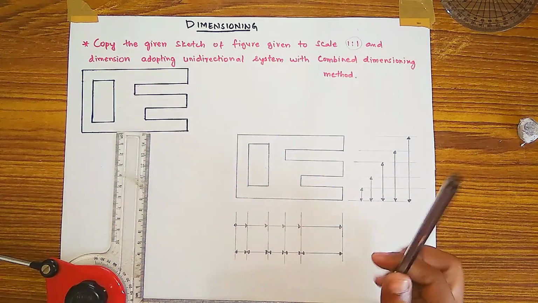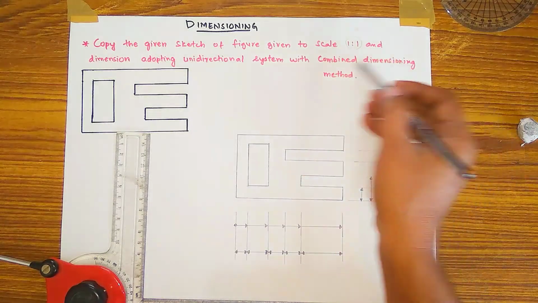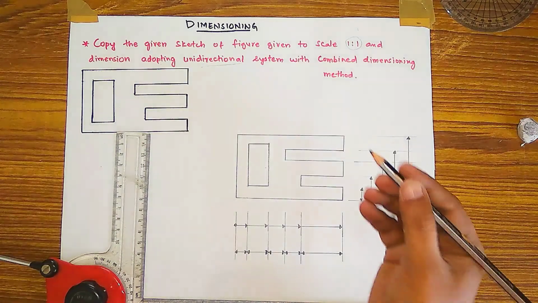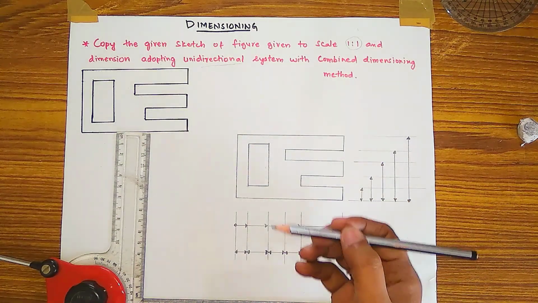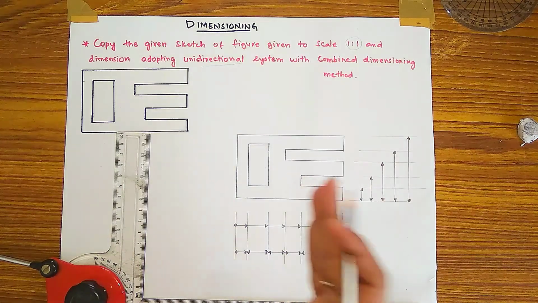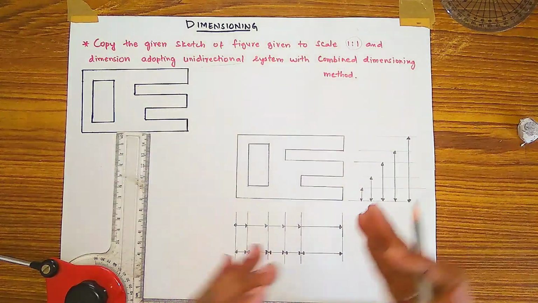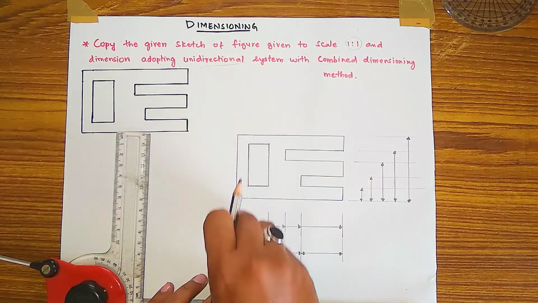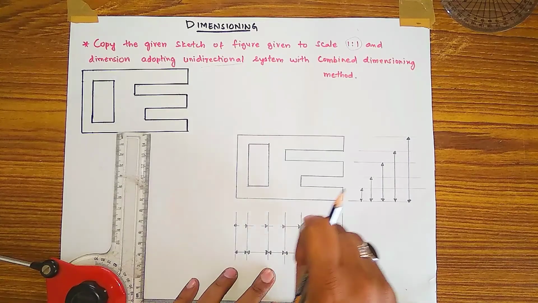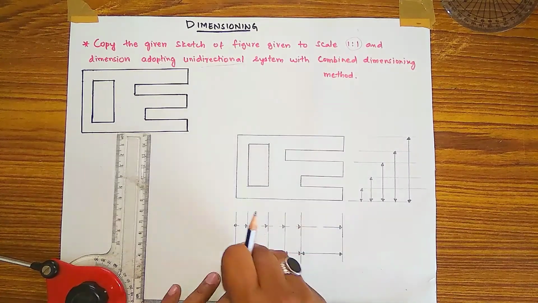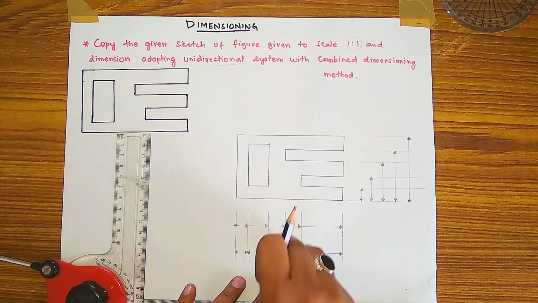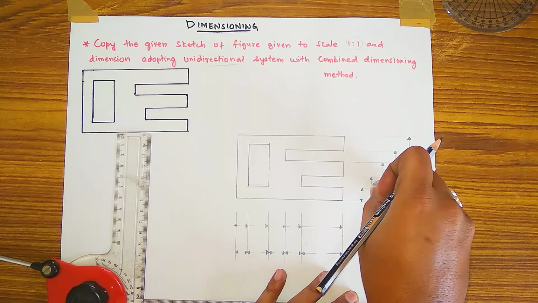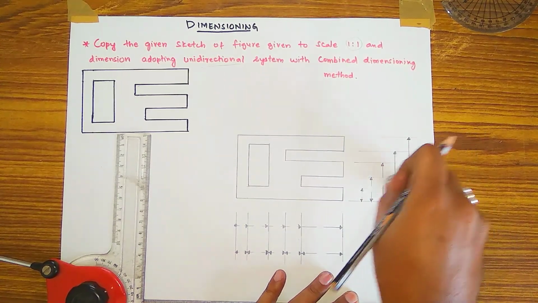And for the dimensioning, you have to see what system he has given you in the question. Adopting unidirectional system. He gave you unidirectional system. For the unidirectional system you have to write the numbers straight. Vertically also, and across also, you have to write the number straight in between of the line. In between means you have to rub the line here in between, and you have to dimension it straight. Across also you have to do the dimensioning straight only.